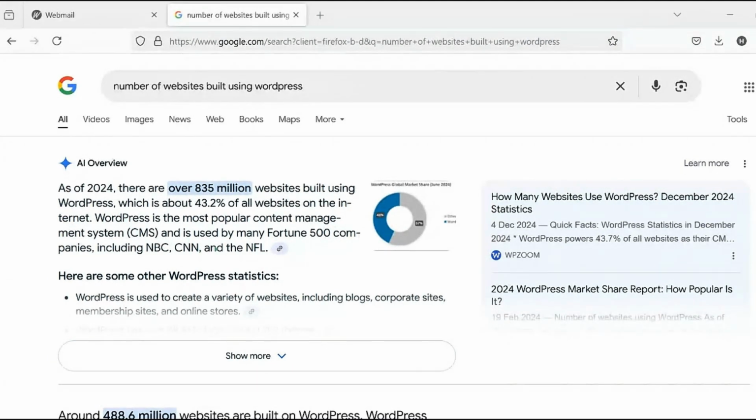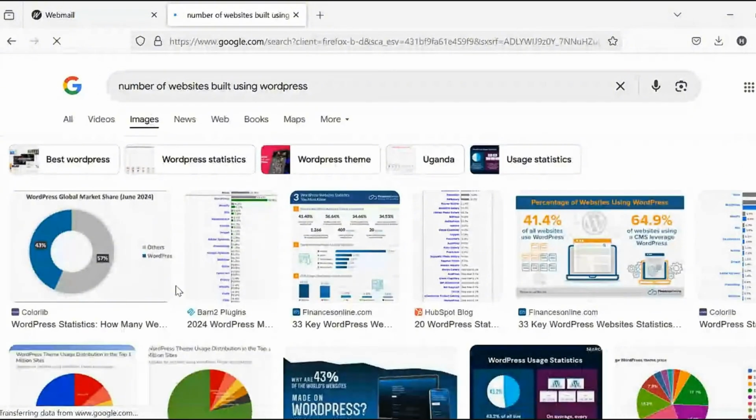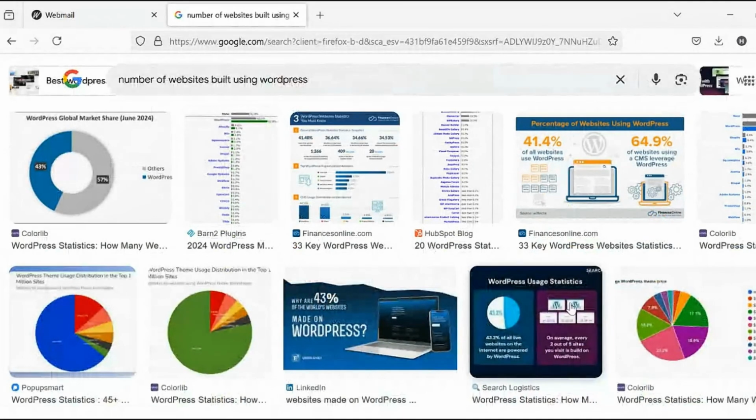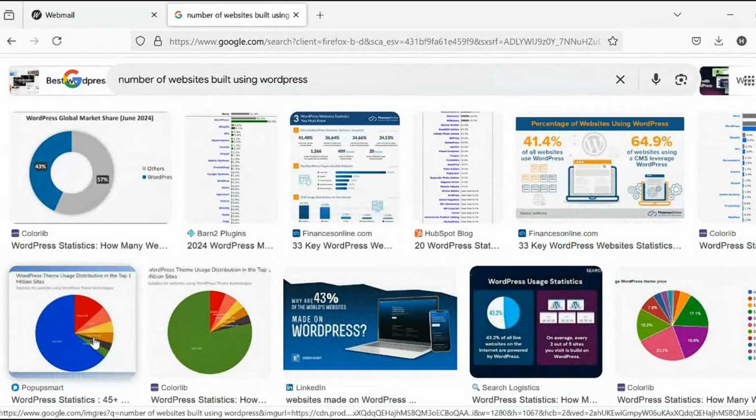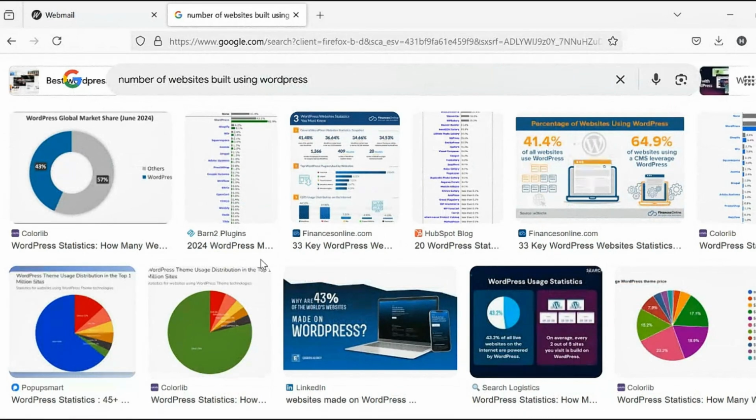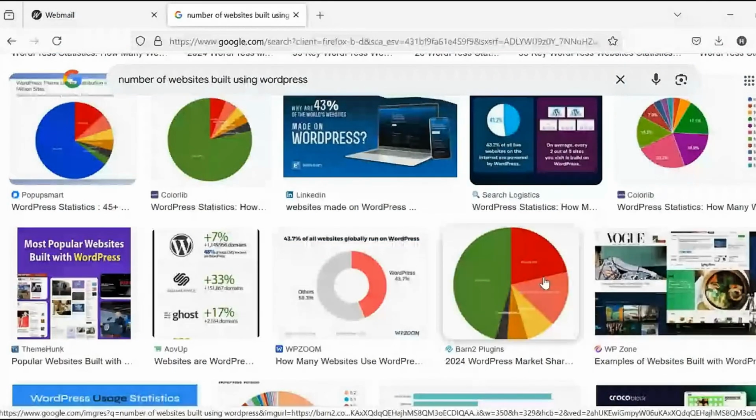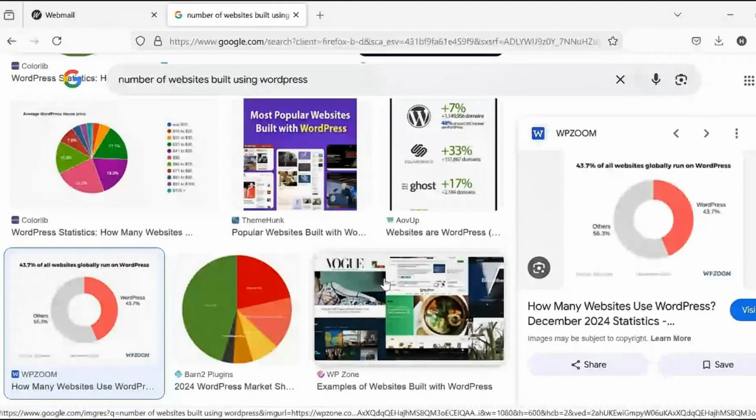WordPress is the most popular content management system and is used by many Fortune 500 companies, including NBC, CNN, and others. The statistics differ some, but it's currently coming to 50% of all websites. It's coming to that very soon. It's going to be half of the websites on the internet built using WordPress. You can see some of these charts. The statistics do differ, but the highest number, if you look at that chart, is about 43.7% of all sites